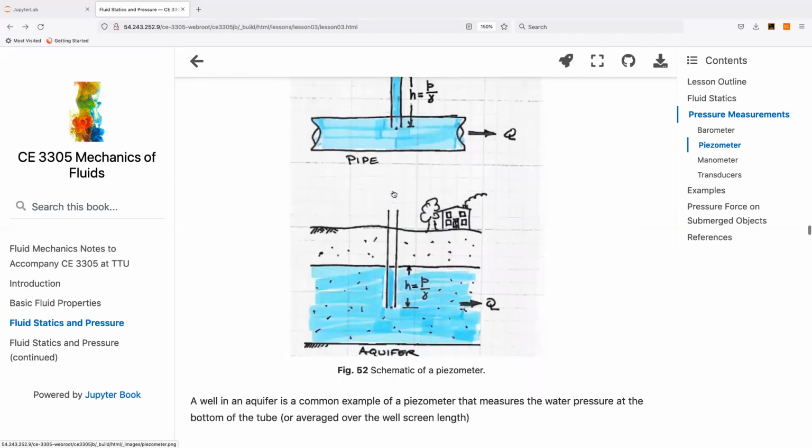If we want to figure out what the water level is underground at that dot, we can do the same thing. We just drive the tube into the ground, and however high the water rises into the tube is the static pressure. The velocity part is wiped out here of the water in that aquifer. When we put it in an aquifer, if we do it for the purpose of measuring pressure, we call it a piezometer. If we're doing it for the purpose of taking water out of that so that we can drink it, we call it a